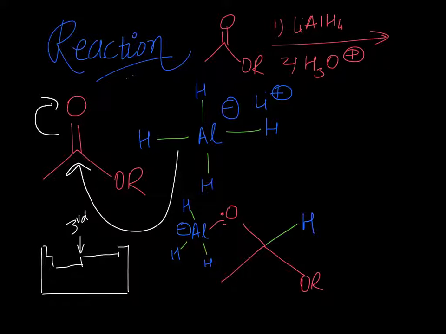What we've actually got here is a tetrahedral intermediate, and this does have a leaving group, which means we need to kick that off. So what electrons do we use? The ones from this bond would come down, kick off the leaving group, and those electrons would go along with the oxygen for the reasons we just talked about now. And that would give us